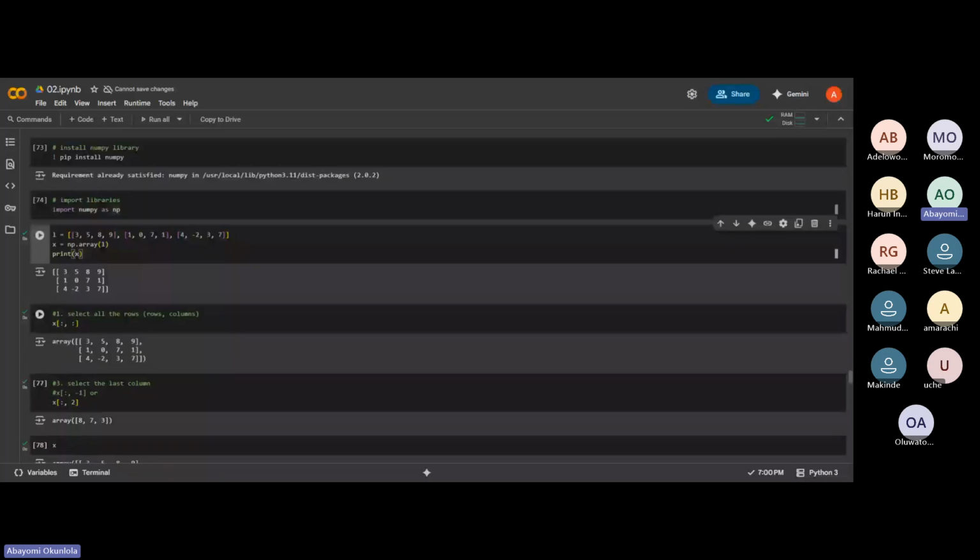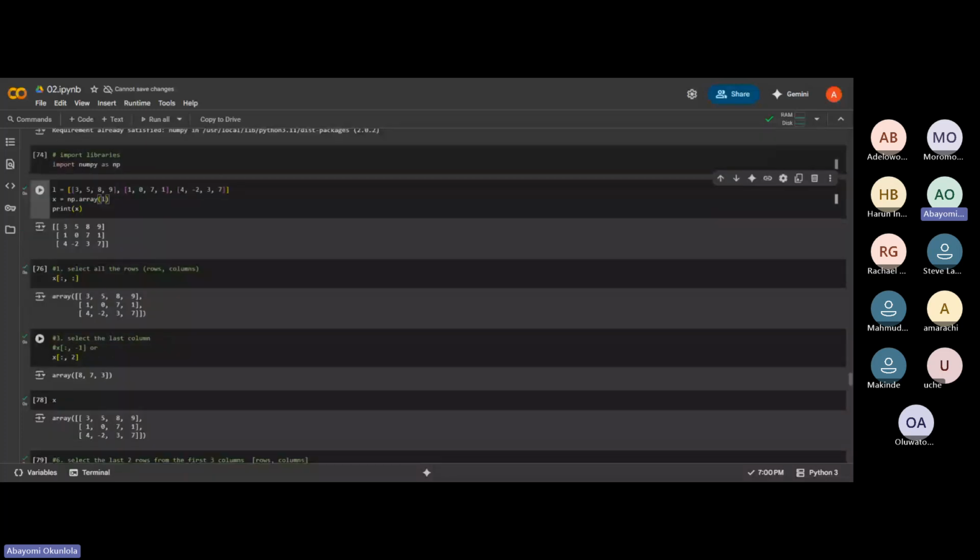From the previous class, we delved into how a column is and how the location for the column and the row works, where we were talking about indexing and slicing. So now if you do your X, which is your array, then you have your square brackets, colon, comma, colon. This gives you everything in full. Then if you proceed to say you want to select the last column, you recall this is what?